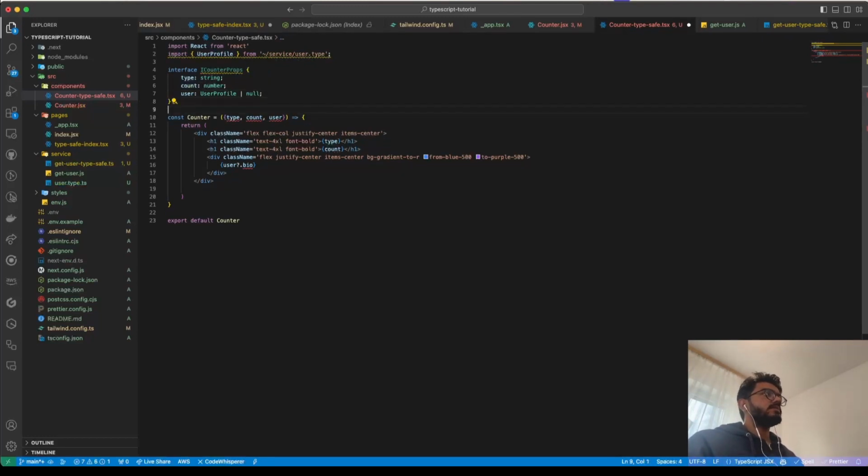Now, I still have some errors here. It is still saying the binding element type implicitly has an any type. So now we have created our type, but we want to give this type to our component as well. There is a thing called React FC, see, ICounterProps. So this is the syntax. It says that this counter component is a functional component, and it has a type of this, which means these are the arguments